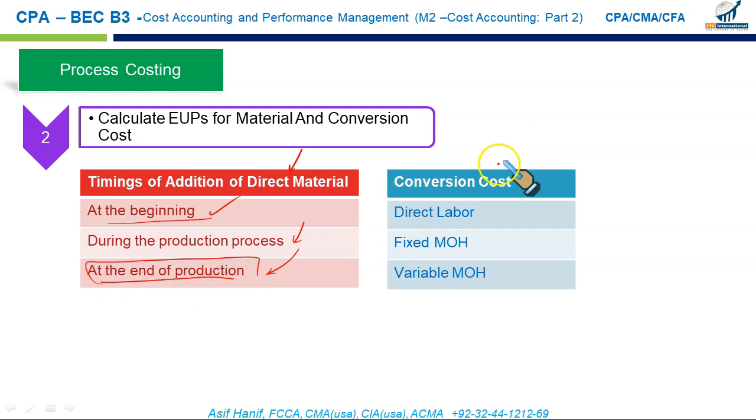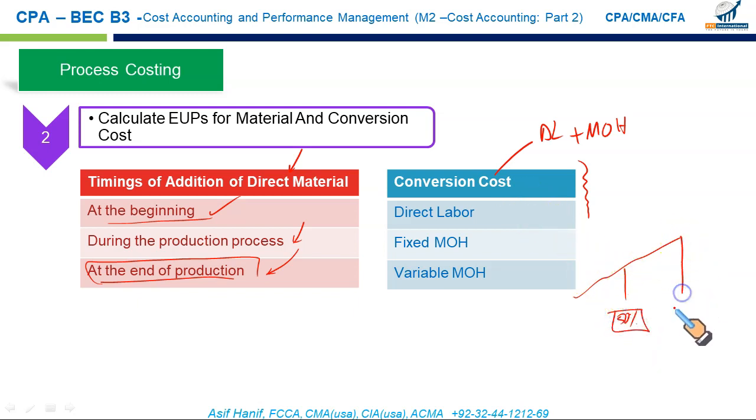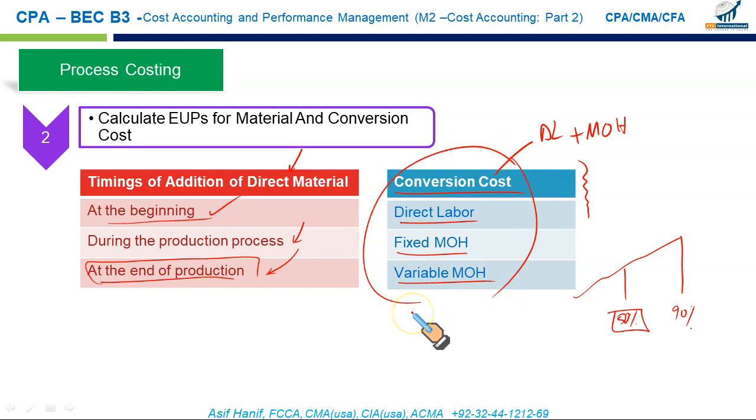And what about the conversion cost, which of course is the sum of your direct labor and manufacturing overhead? Remember, whether the question says it or not, conversion costs are always added evenly. As the production process progresses, the conversion costs are added evenly, proportionally as the period passes. So let's say if the production is 50% complete, that means the conversion cost is added up to 50%. When the production process is 90% complete, we can say that the conversion cost has been added up to 90%. So conversion cost is added proportionally, or evenly. Even if the question is silent, we should always assume that conversion cost is added proportionally as time progresses.